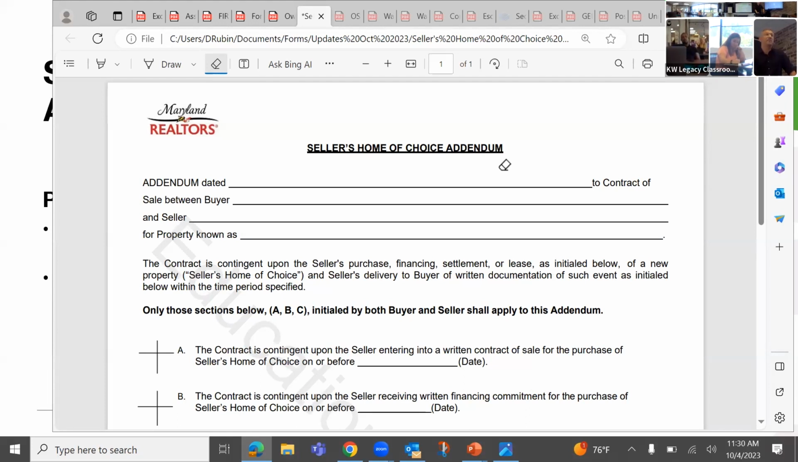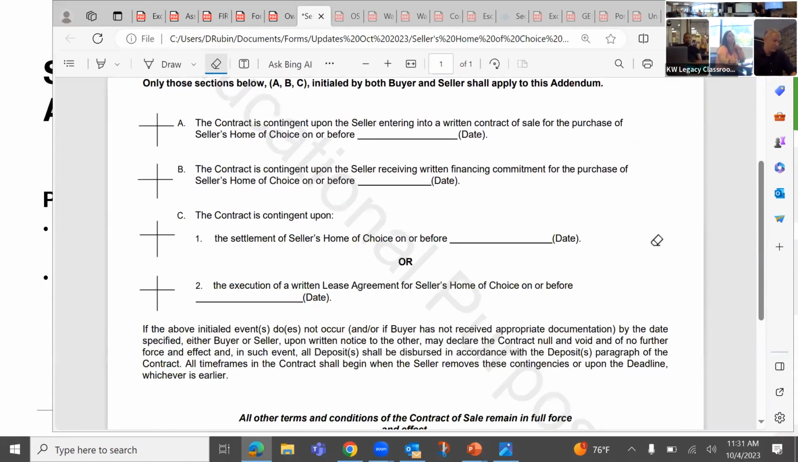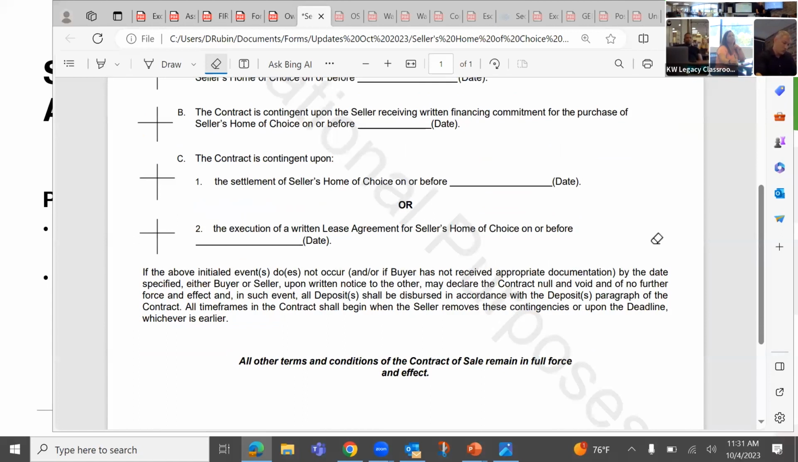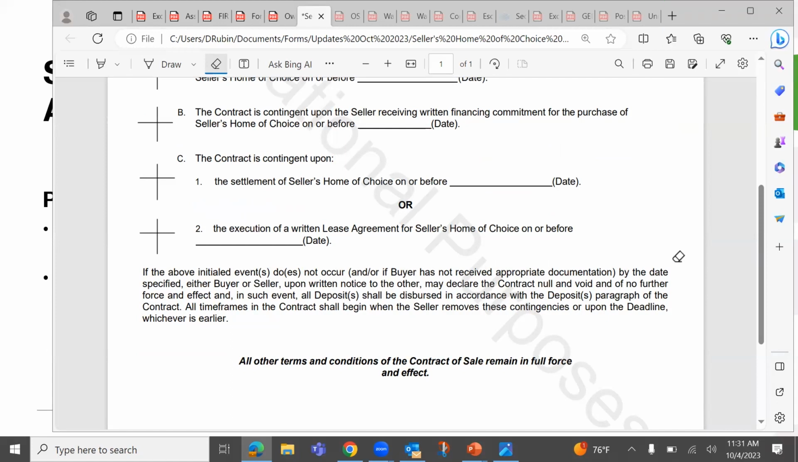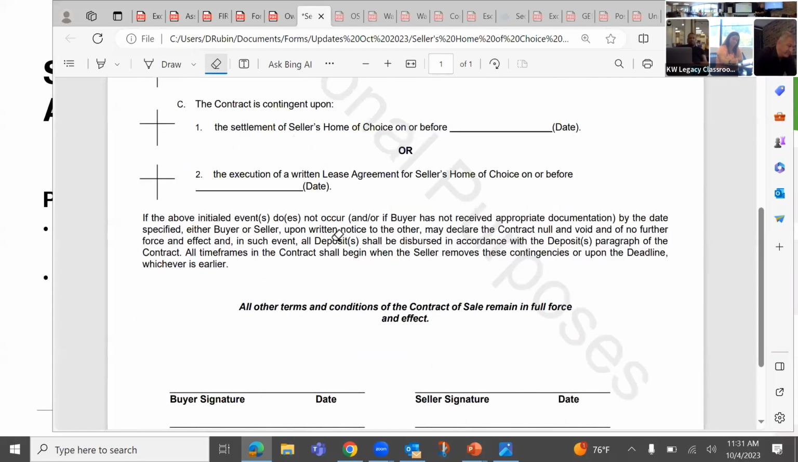Correct. At the bottom where it says all timelines shall begin when the seller removes these contingencies or upon the deadline, whichever is earlier. Does that mean that none of the inspections, anything begin, and does that include EMD timeframes? Because typically an EMD would be needed to at least have a contract sale, kind of have weight, right? All timeframes in the contract shall begin when the seller removes these contingencies